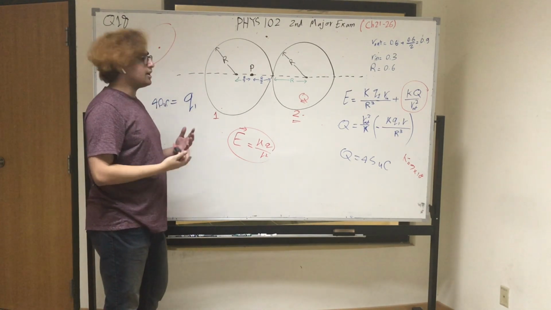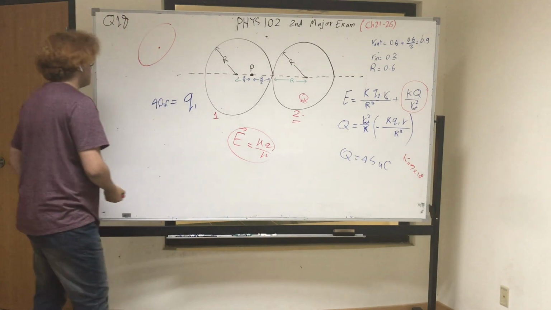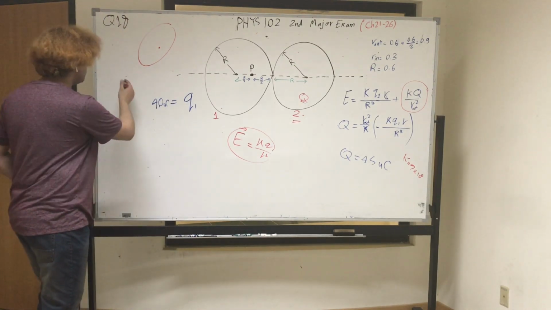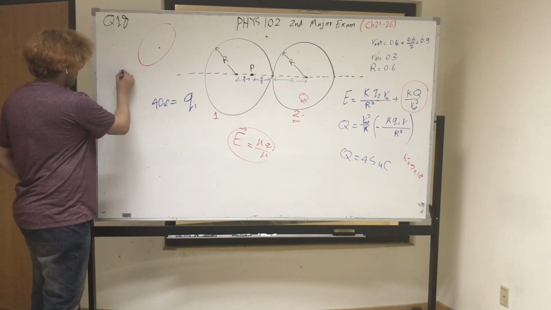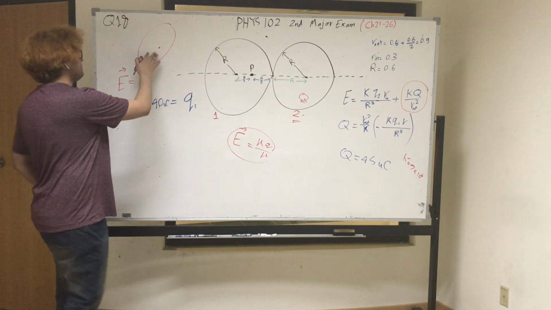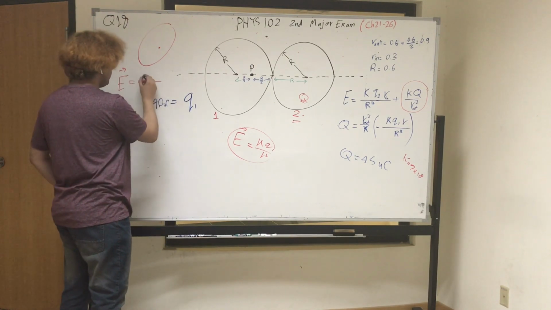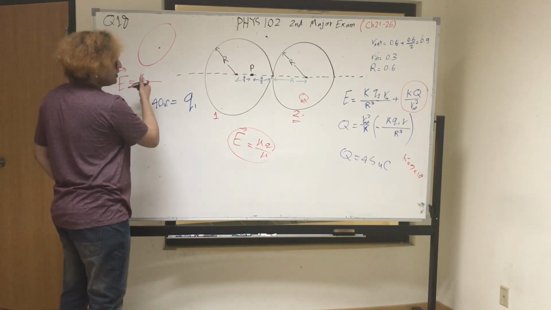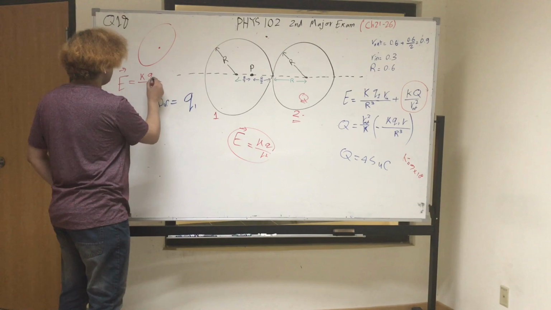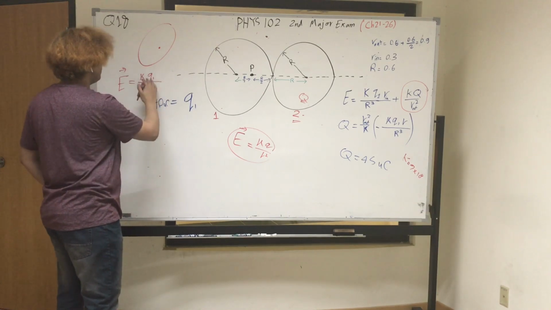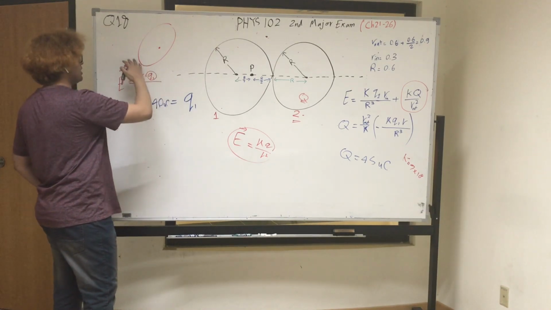It's an expression derived from Gauss's law, but we're not actually required to understand the derivation. But at any point inside an insulating sphere, we can find the electric field to be KQ, where Q is the charge of the whole sphere,